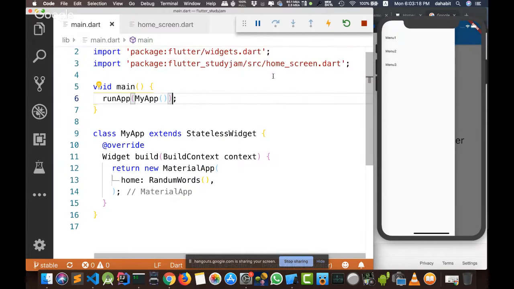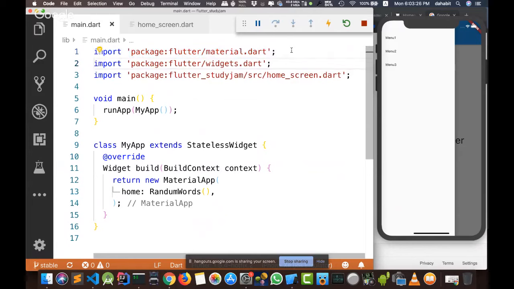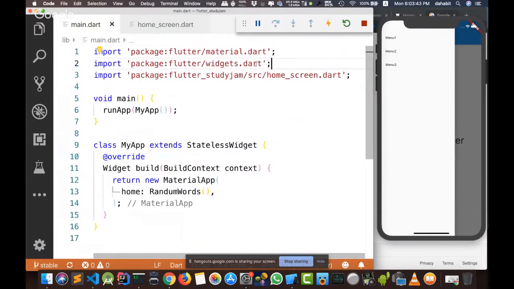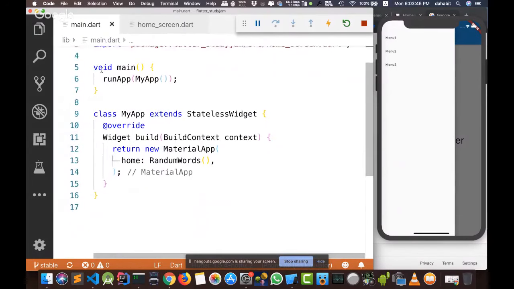So to recap, we created our application, and the entry point for the application is material. We are importing material. I don't know if we are using the widgets library or not, but I enabled auto import inside my editor, and I'll talk more about the default widgets that I'm using with Flutter later, inshallah ta'ala. For now, I need you to know that I imported the material app, and here is the entry point for my application, the main method, and it's void because it's not returning anything. And there is runApp, which is the function responsible for running my application.